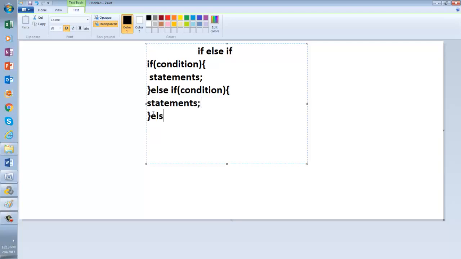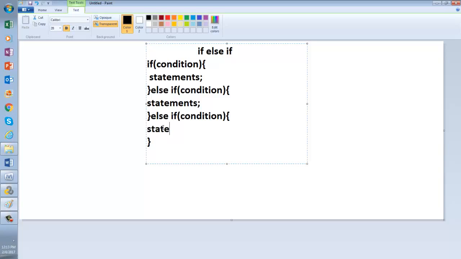Else if another condition is true, then you have another set of statements. This is multiple. If it's true, else if it's not true, or false.